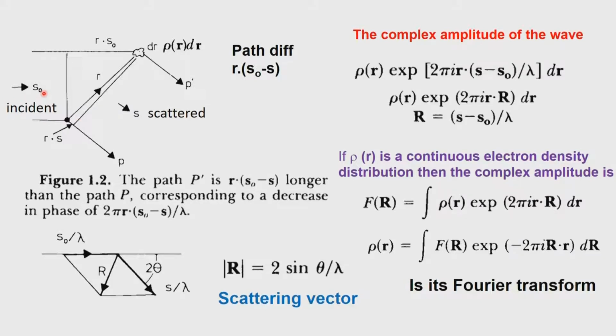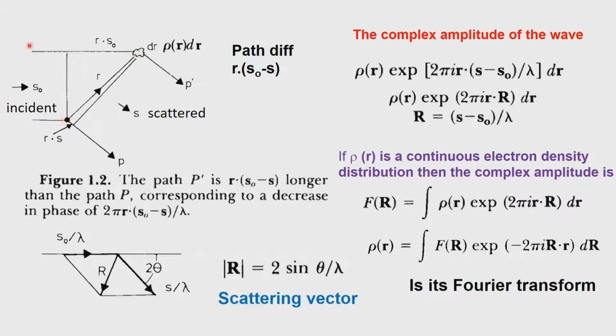So, the incident radiation which is coming in, which is generated from an X-ray source, can be taken in terms of a unit vector S naught. S naught is referred to as the unit vector, and this unit vector S naught now represents the incoming radiation, and if we sit at an origin O (0, 0, 0) here, we decide that this is the origin, and we look at what happens when this electron density presents itself in front of the incident beam.